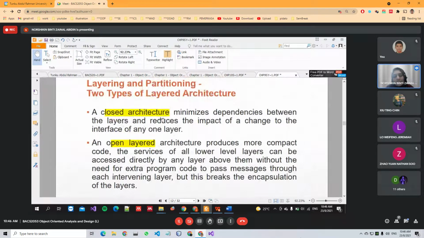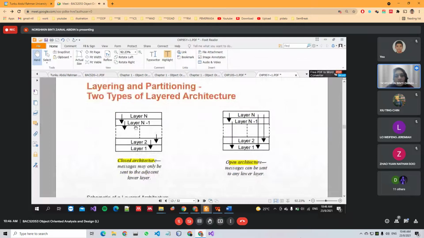So for closed architecture, it can minimize the dependencies between the layers and reduce the impact. That means for closed architecture, it will reduce the impact. Whatever happens here, it won't really affect other layers. Maybe it will only affect one layer below, because you can see the process here goes only to one